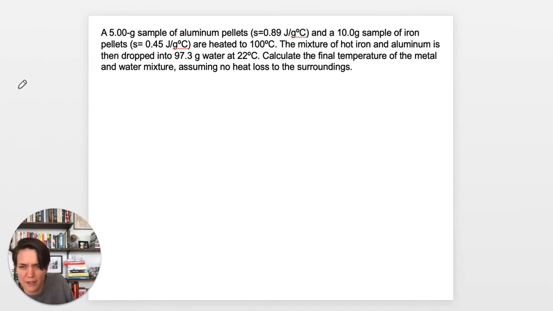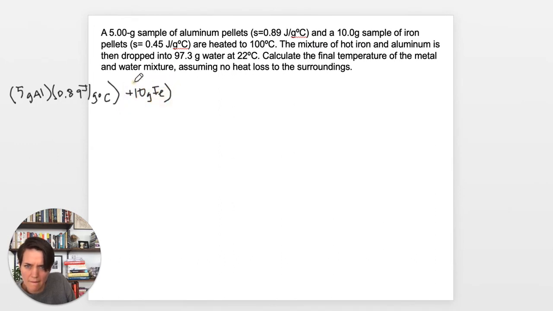Okay, all right, so we would have our 5 grams, which is our aluminum sample, times our 0.89 joules per gram degrees Celsius, plus our 10 grams of iron, times our 0.45,